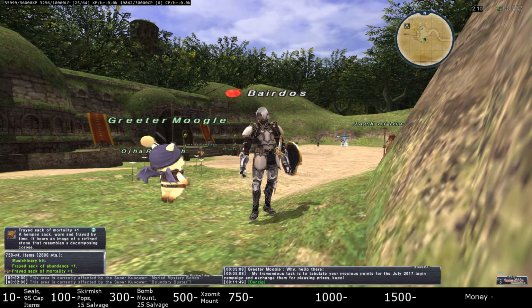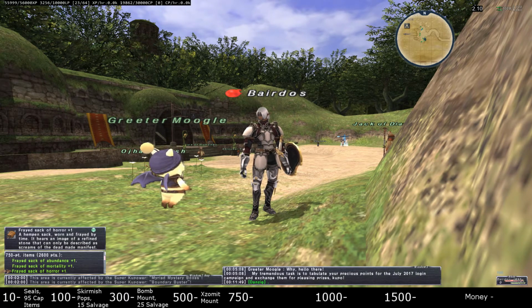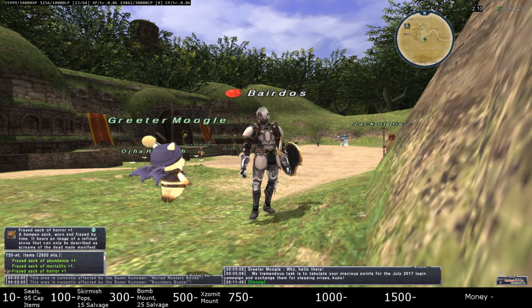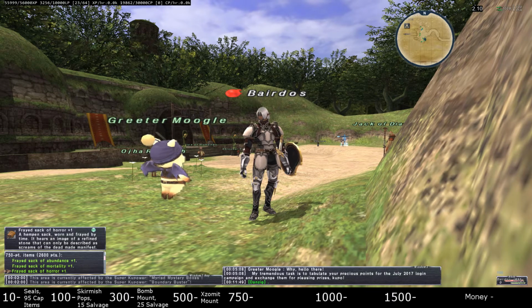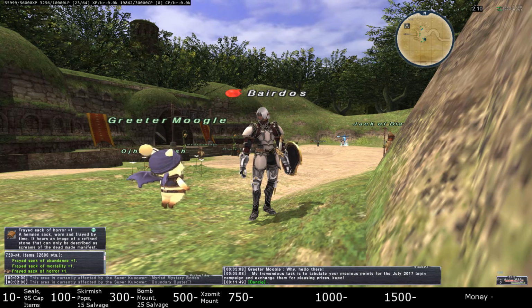3 different stages of Skirmish Armour Stone frayed sacks are back again. These are Abundance, Mortality and Horror. What they'll do is turn out 12 of the +1 stone for the specific Skirmish Armour sets that they're aligned with. Again, you can still make some decent sets with them, but you might be better off spending your time progressing to something else, like